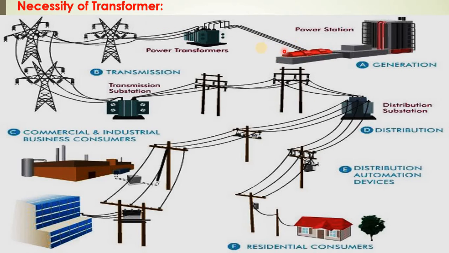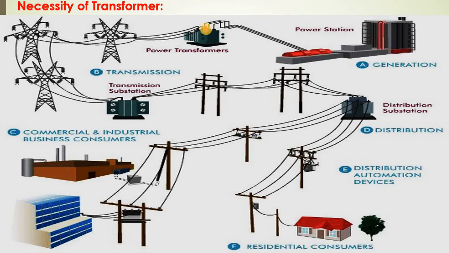The power has to be transferred over a long length by the transmission line, because the generating stations, that is the power stations, are located far away from the end user. And as we have to transfer the power over several kilometers of transmission line, we have to transfer the power in an economical way. Economical way means we have to minimize the losses.